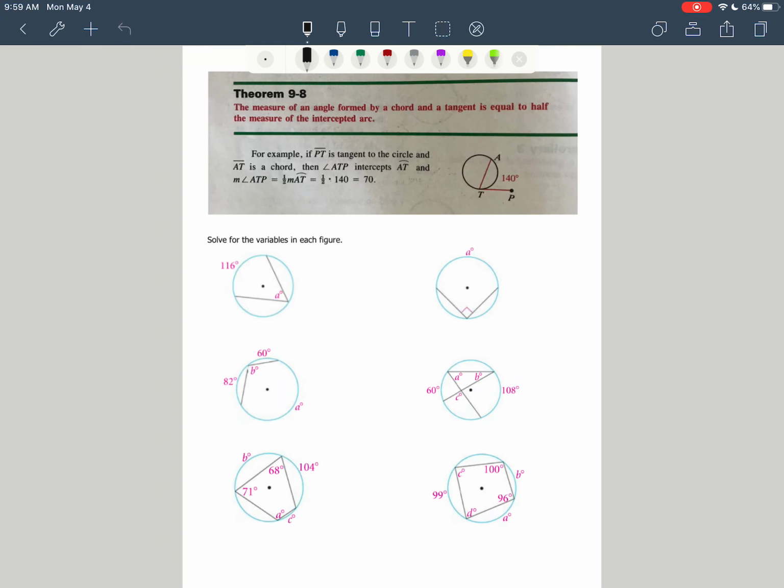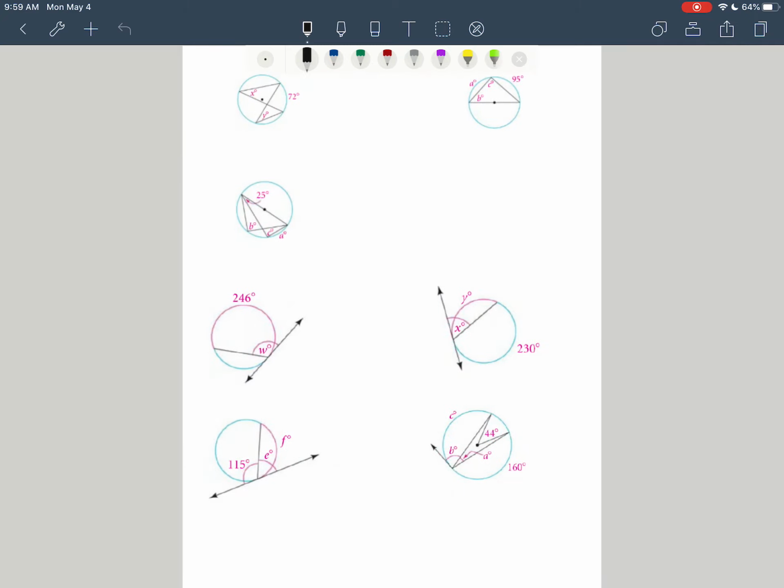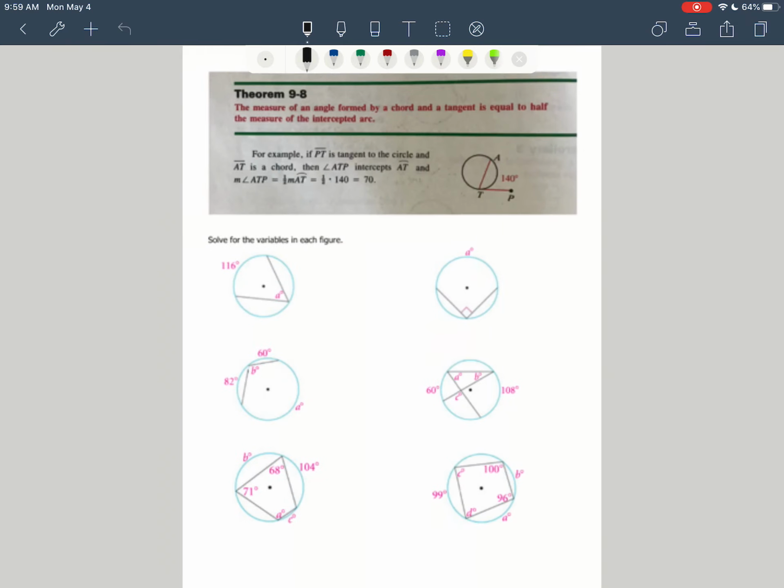So I'm going to show you the problems that we're going to work on with these fun facts that I've given you about inscribed angles. So we're going to work on these 6 problems, and then we've got another 7 problems. So we'll work on those 13 problems in